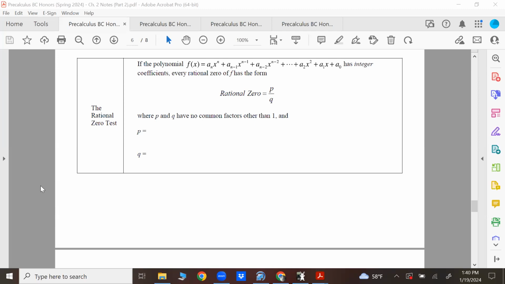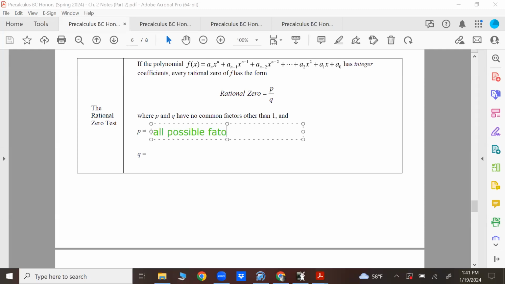Some of you probably have seen this before as well. It looks really weird, but this is a polynomial where the highest degree is n, and a sub n is the leading coefficient, and a sub n minus 1 is the next coefficient, and so forth, as you go in descending order of your exponents. So this is something called the rational zero test. Any possible rational zero will take on this form P over Q, where P represents